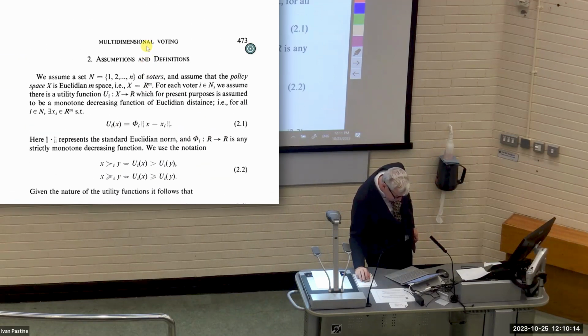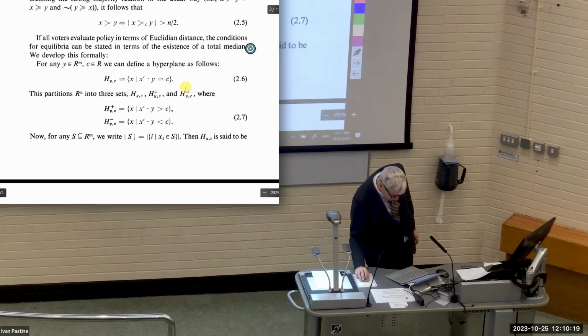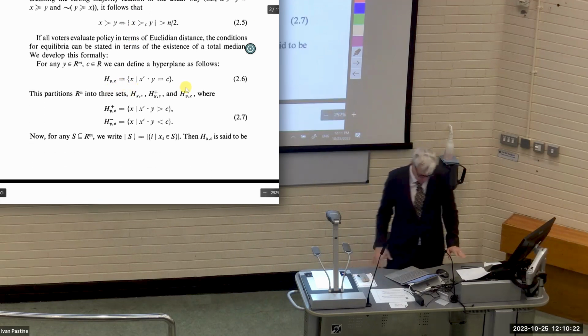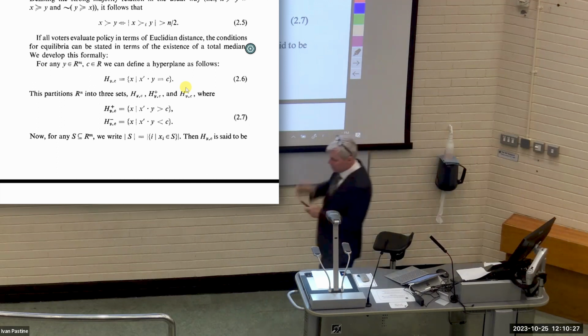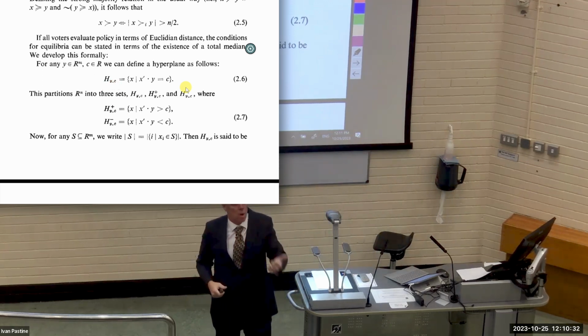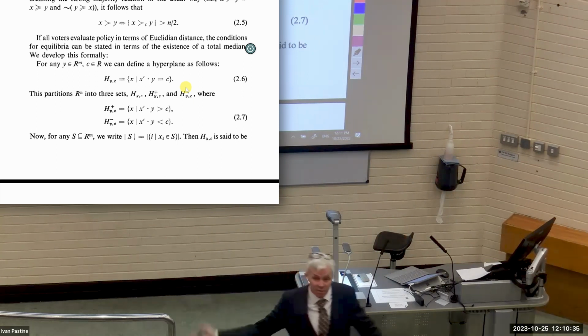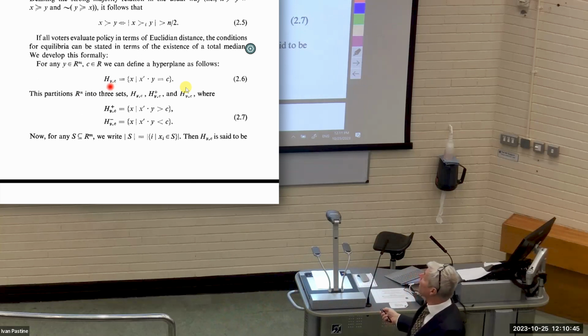Last time I think we defined a hyperplane, right? We were in the process of defining a hyperplane, this 2.6. And so 2.6, what is that saying? It's a bunch of notation. So we got H, Y, C, and that's saying we're going to take this Y and this C as parameters. They're going to be given from the sky. We don't know where they come from. They're not something we're trying to understand. Take any Y, any C, and importantly, Y is a vector and C is just a scalar, a normal everyday number, okay?